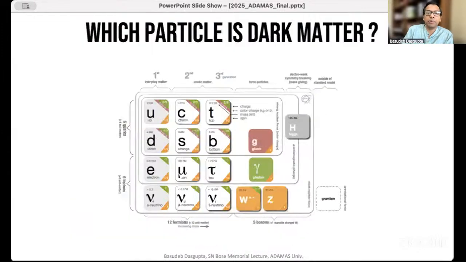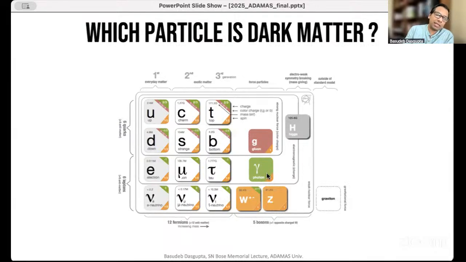So then what can it be? Well, one goes back to basic physics then, particle physics, and one asks which of the known elementary particles could be dark matter? Well, certainly none of the charged particles, because charged particles interact with photons quite strongly, like through electromagnetic interactions. So it can't be any of the quarks or the leptons. So all of these are gone. That leaves behind these three neutrinos.